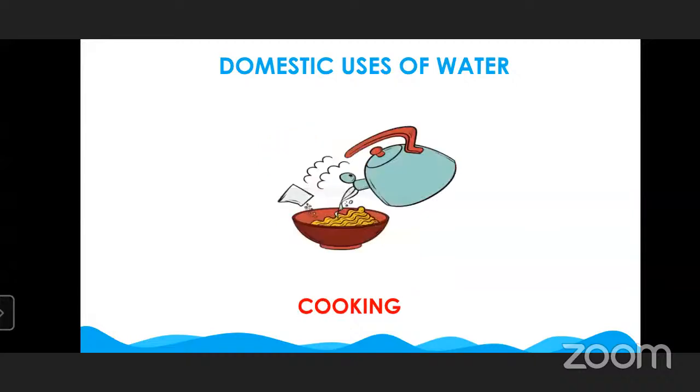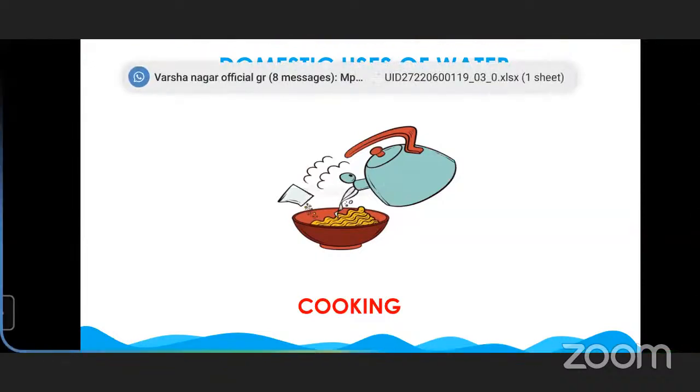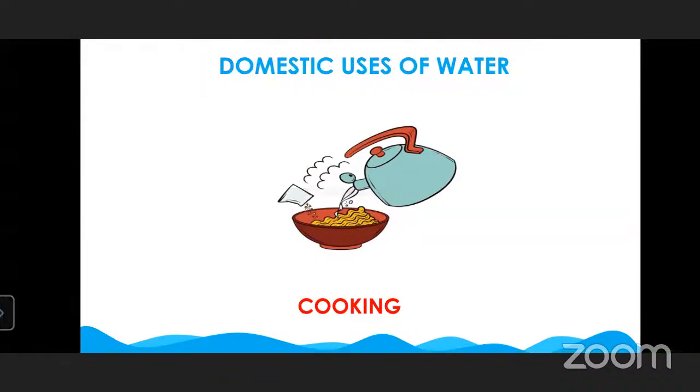Second use is your favorite use, cooking. When you cook with water, you can use it in many ways, like boiling it, mixing it in food, making a soup with it, and steaming vegetables with it.